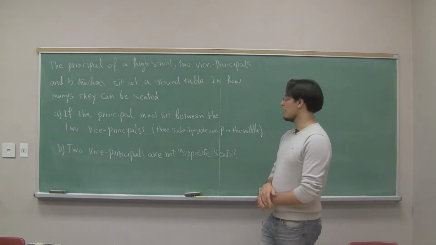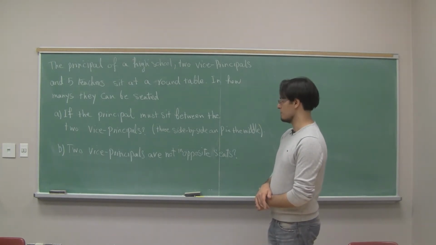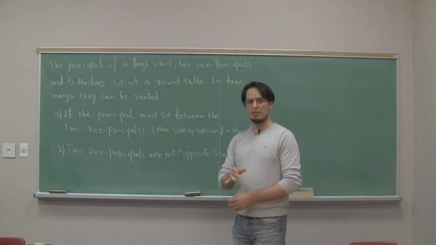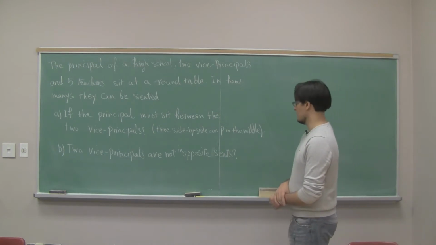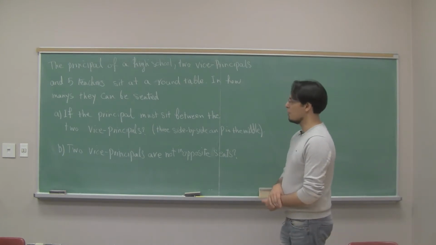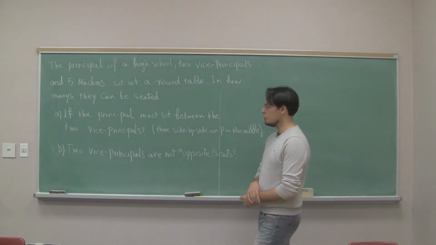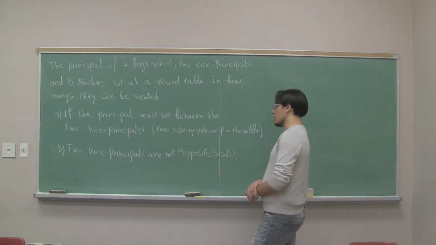Part A: if the principal must sit between the 2 vice principals, meaning that these 3 are together and the principal is seated in the middle of those. And part B says: in how many ways can this be done if the 2 vice principals are not in opposite